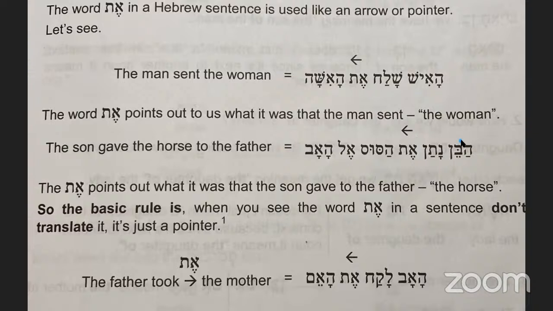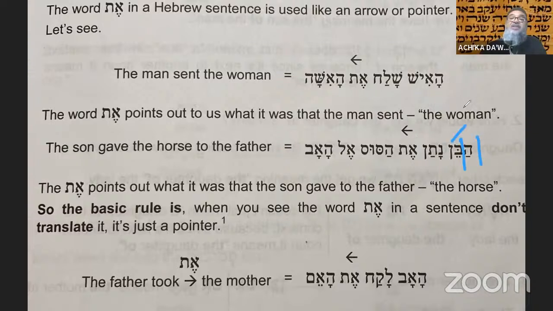Okay. So the ha again is the bain, as you know, is one of your vocabulary words from lesson number 1. It is the son. Nathan is three letters and it doesn't have a hey on the end of it, so we know that it's masculine because it's talking about a son. And then it's telling us this is the verb. And what did they do? He gave. The eth pointing directly to what he gave, which is the ha, and the ha is the, and